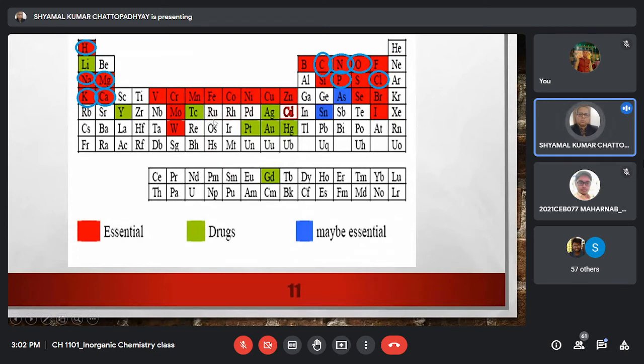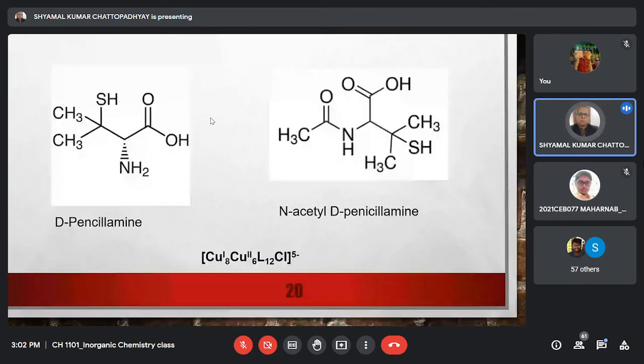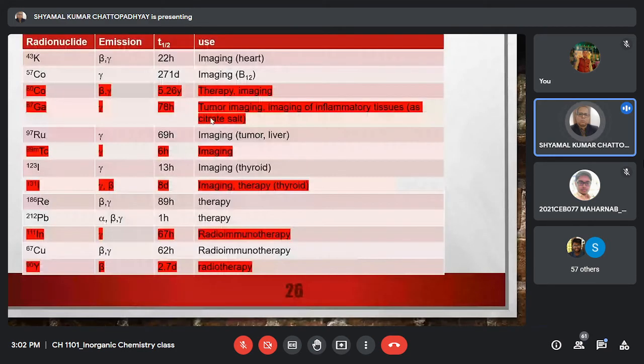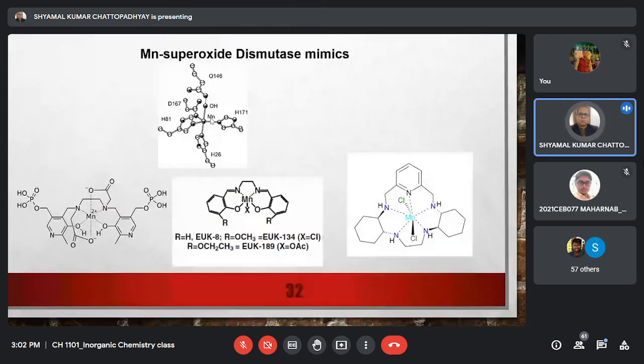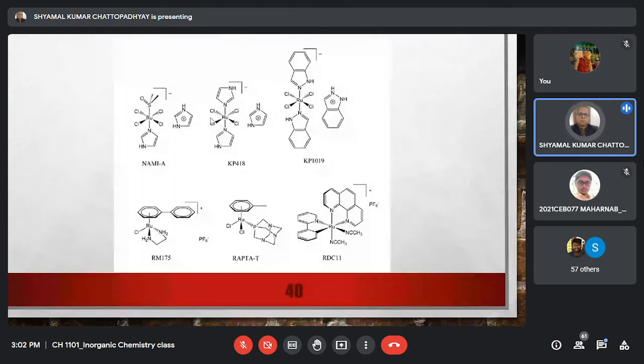as that of iron. So that means ruthenium toxicity will be less because ruthenium will follow the same homeostasis path as that of iron. And as a result of this, the body can tackle ruthenium in a far better way than it can tackle platinum. So ruthenium complexes are expected to be much less toxic than the platinum complexes, and it has been found that really it is the case. That means the ruthenium anti-cancer compounds show much less toxicity compared to the platinum anti-cancer complexes, and you can remember these two or three ruthenium complexes, which will be sufficient.